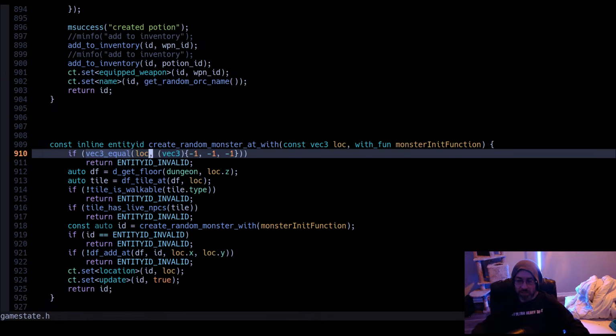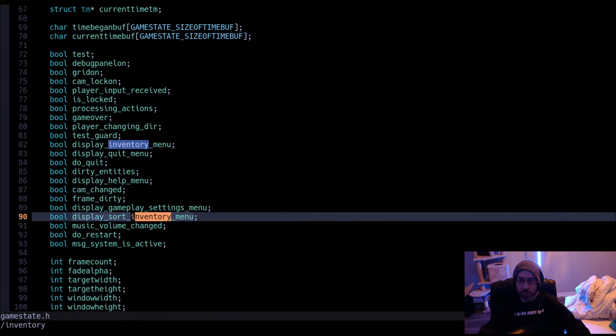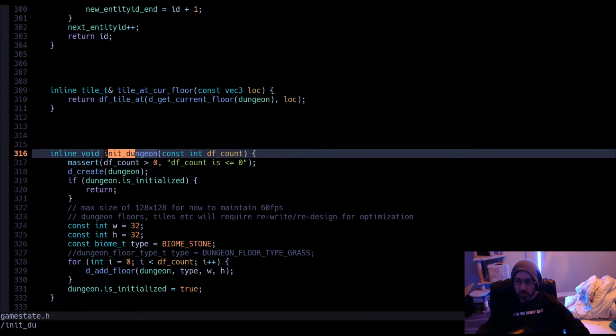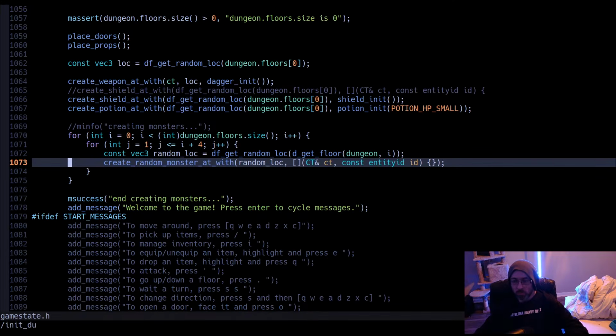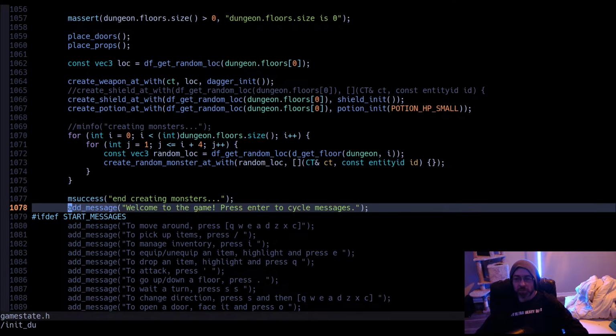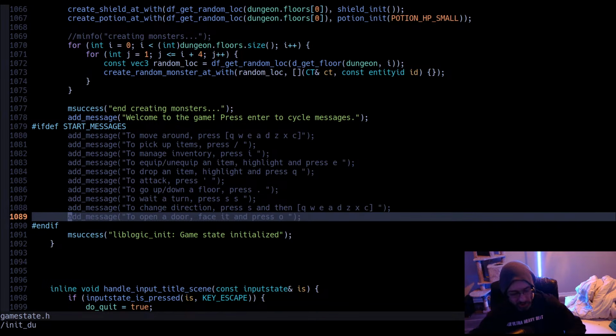Back in the game state, back in the init dungeon. After we create the monsters, realistically, since it's a unit test, we don't really need, unless we're unit testing add messages specifically, because you might want to test to verify that messages are in the state, although it's pretty tested at this point.